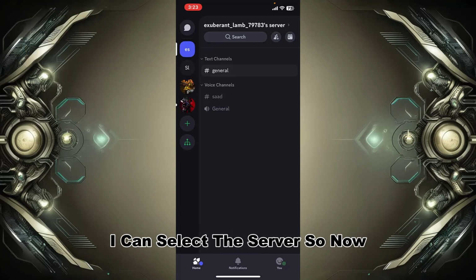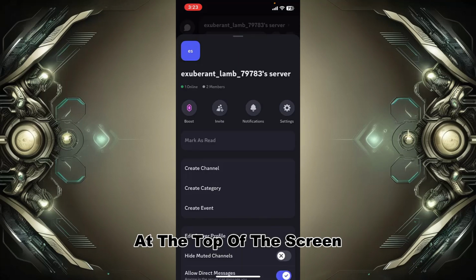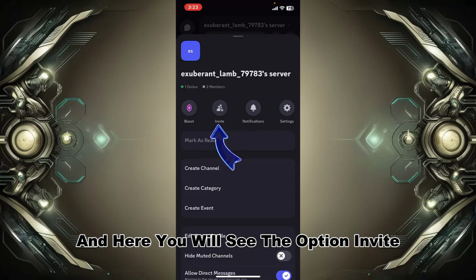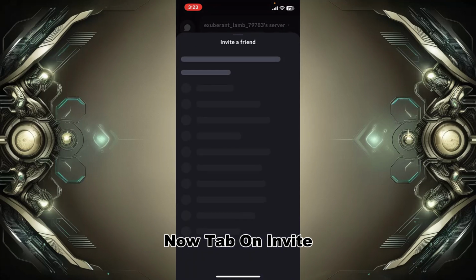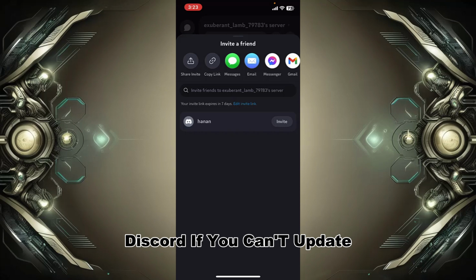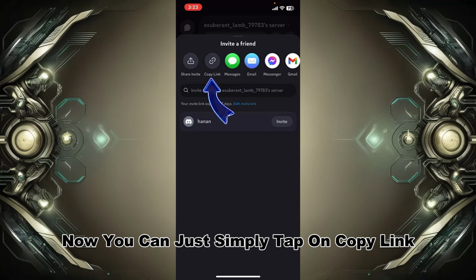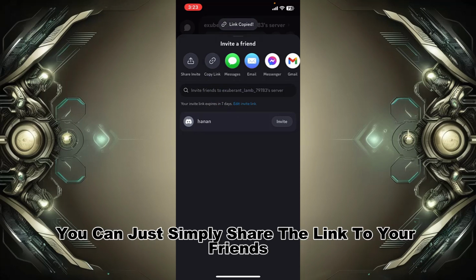I can select this server, so now you can tap on the server's name at the top of the screen, and here you will see the option Invite. Now tap on Invite. Make sure that you have updated to the latest version of Discord. If you can't update, you can simply go to the App Store or Play Store and update to the latest version. Now you can simply tap on Copy Link,